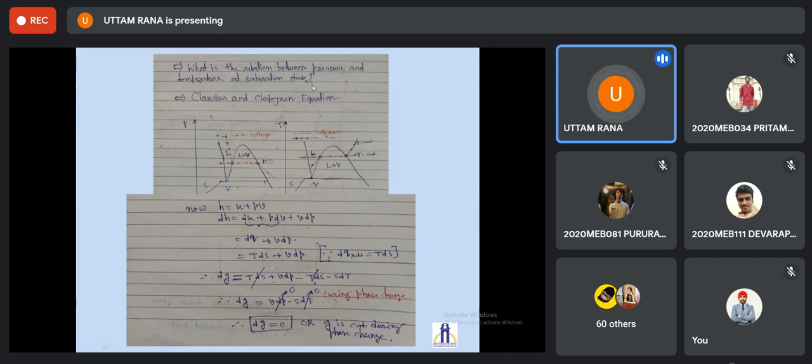So far we have seen that within the two-phase region, that means when the saturated liquid is converted to saturated vapor, in that region, temperature and pressure are dependent. So what is that relation? We have seen the saturation curve, the pressure-temperature variation within that saturation zone for different kinds of fluids. We have seen it as a curve representation, as a functional representation. Now, what is that functional expression that we are interested to find? That relation is called the Clausius-Clapeyron equation.